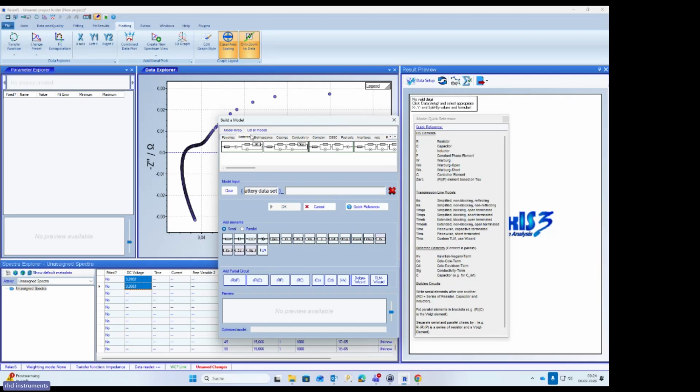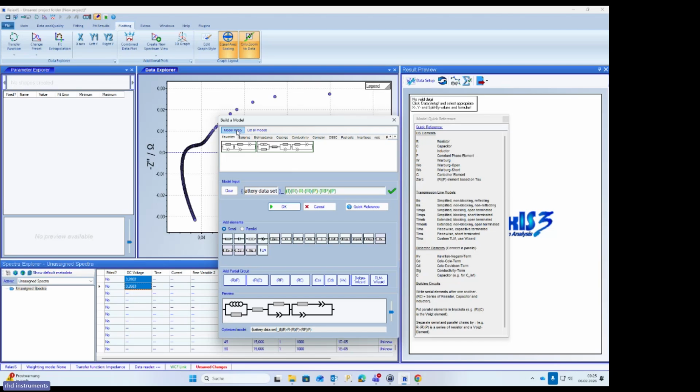Here it is, this one, but I go here to favorites, and then under favorites I have already predefined my equivalent circuit model, and I click on this and then I have it. This is pretty fast, pretty convenient. And the nice thing is here you have the option to also add your own models to the